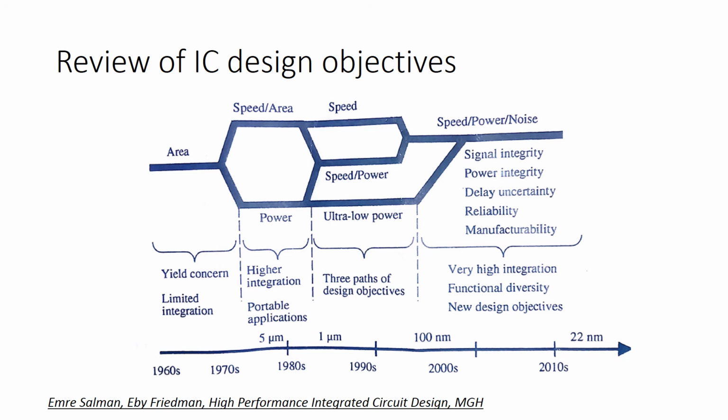How was this possible? By reducing the size of the individual component. In the same area we are able to pack 10 times the packing density. After that, in the 80s to 90s, the next 10 years, design goals were split into three: speed, power, and ultra low power. So there are three different parts of design objectives, and three different types of chip design flows evolved.